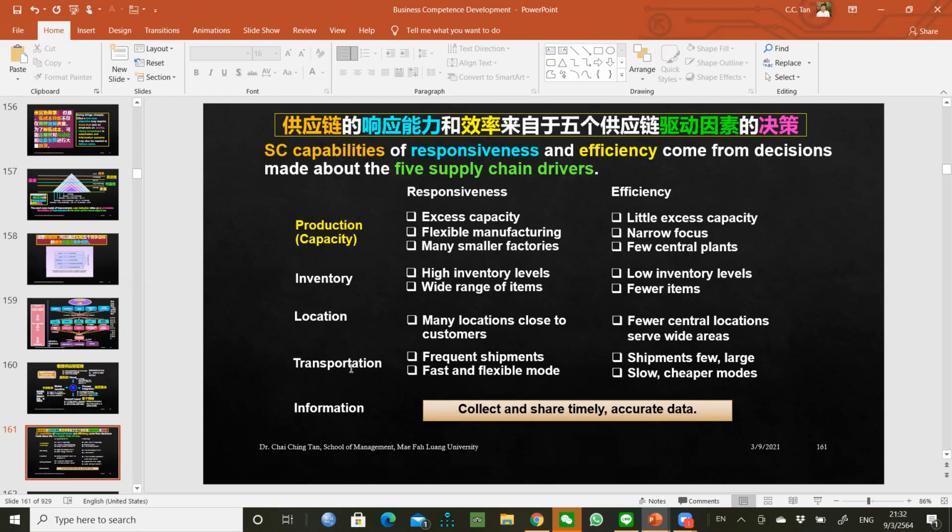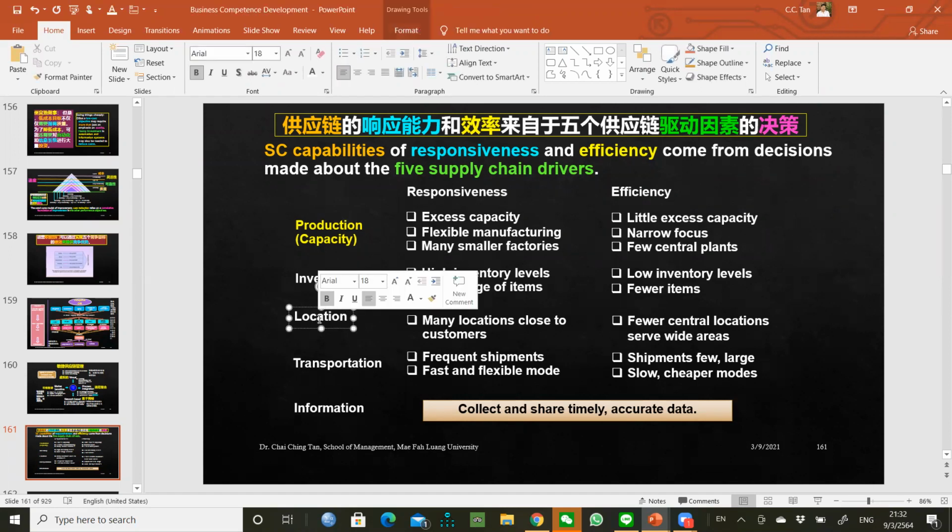And so in terms of production, the productions will induce a certain types of inventory, which depends on where you want to locate, and the transportations will balance with that locations and will cause the information so that every information is being connected. So there is this information sharing, there is this logistical location transportation issue, and the cost issue, and there is this production and inventory issue, which is the capacity inventory issue, which we have already talked about. And it really depends on your efficiency or responsiveness.